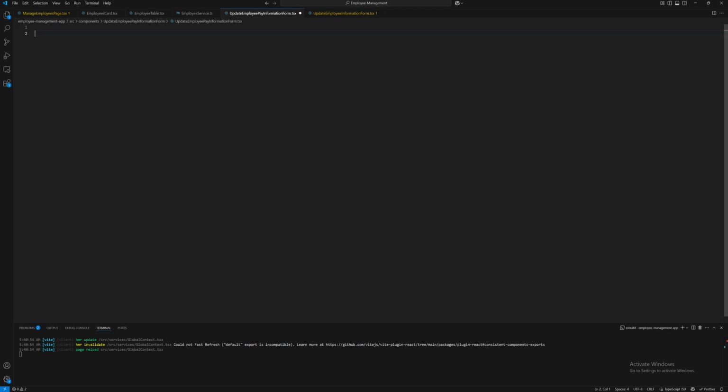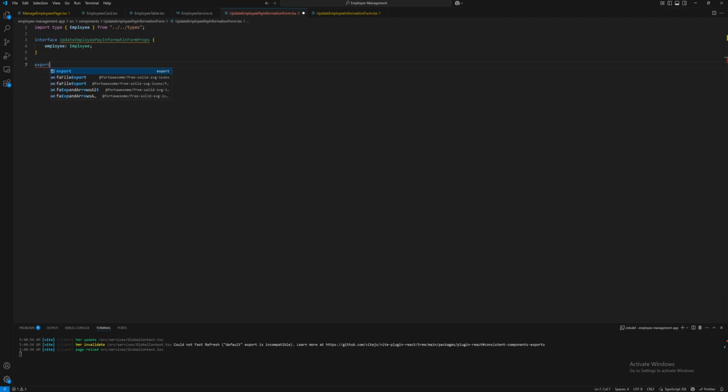This one's not going to take any CSS, so the first thing we need to do is set up the interface for UpdateEmployeePayInformationFormProps. Inside the props, we're simply going to have an employee of type Employee. Let's import our Employee here. Looks good. Let's come down below and say export const UpdateEmployeePayInformationForm is a React.FC